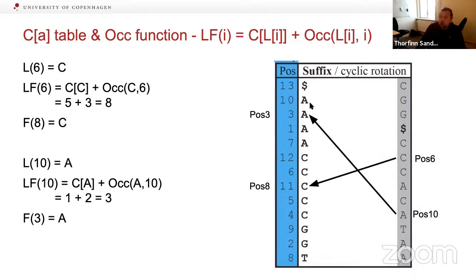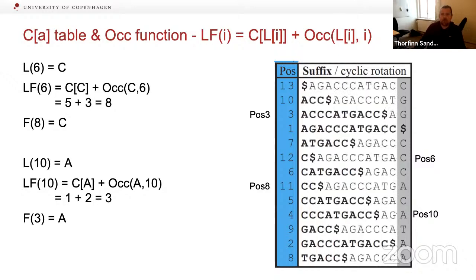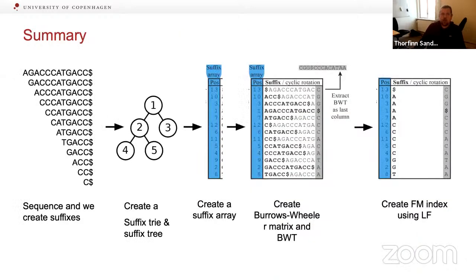But again, we do not care about the actual value in this column here. We should forget about that one, because we know per construction that this value is the same as this one. So we are just interested in the row number. Okay, we could do a similar exercise with this one. Let's skip that. Hopefully it's clear. And then, good. So shortly, this is what the Burrows-Wheeler transform does.